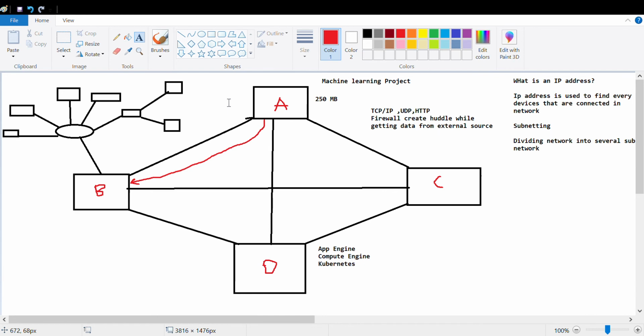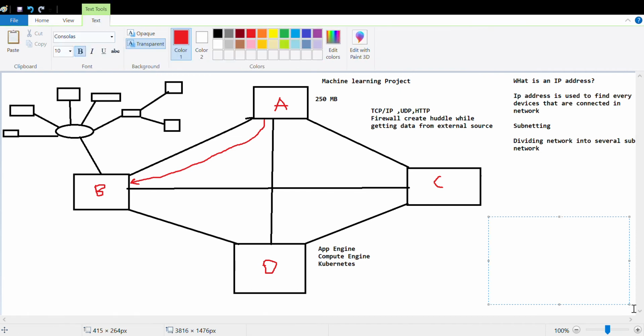If the load on A increases, it can share some of the load with C. Load means that when A does not have sufficient memory or storage to run any software or project, it will direct some of its load to the devices to which it is connected. That is called directing traffic.